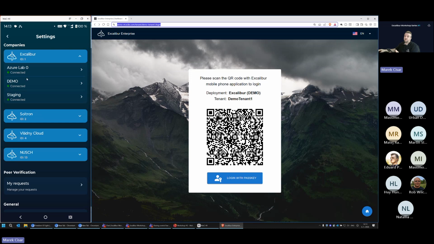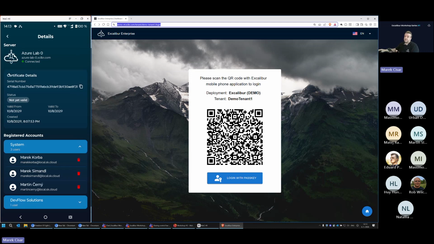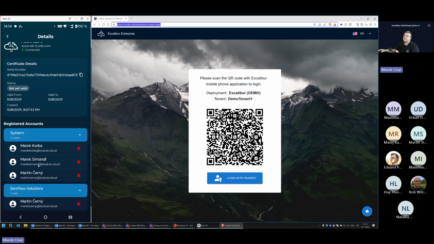So those marked with green dot are application instances. When I open, for example, the lab environment, I can see that there are multiple tenants marked with this blue frame. And under each tenant, I have different user accounts configured. And one user account I have registered in 2 tenants simultaneously.